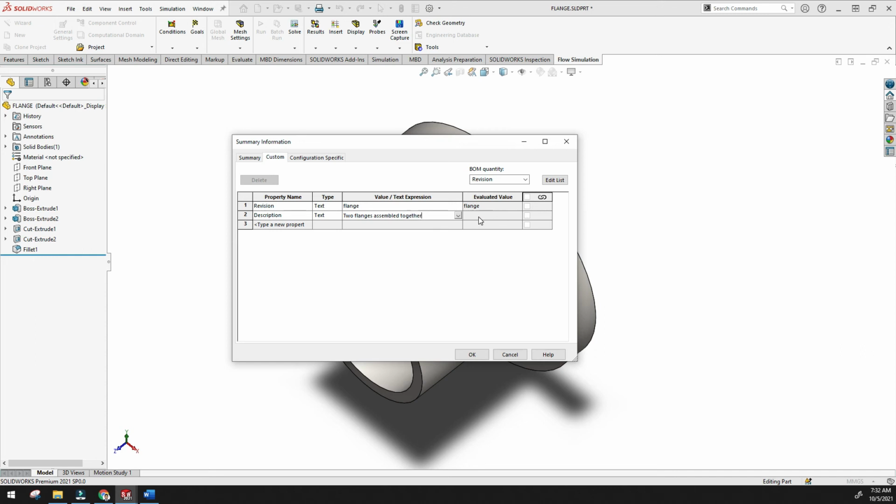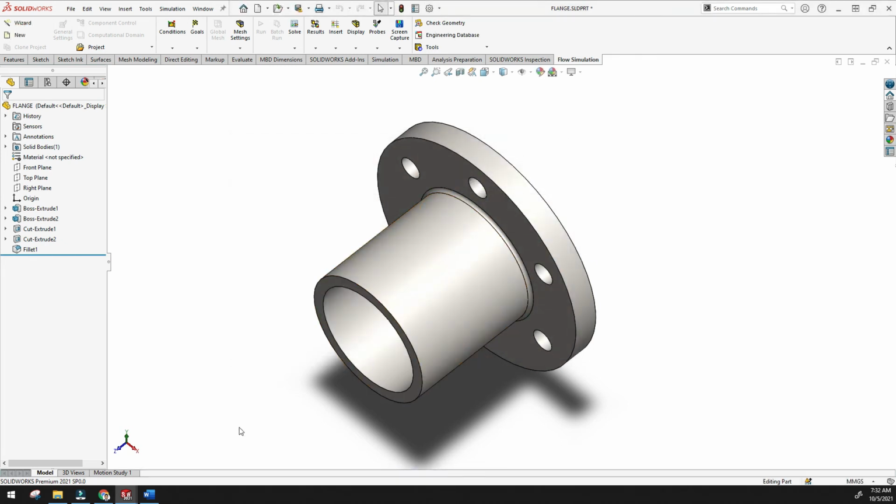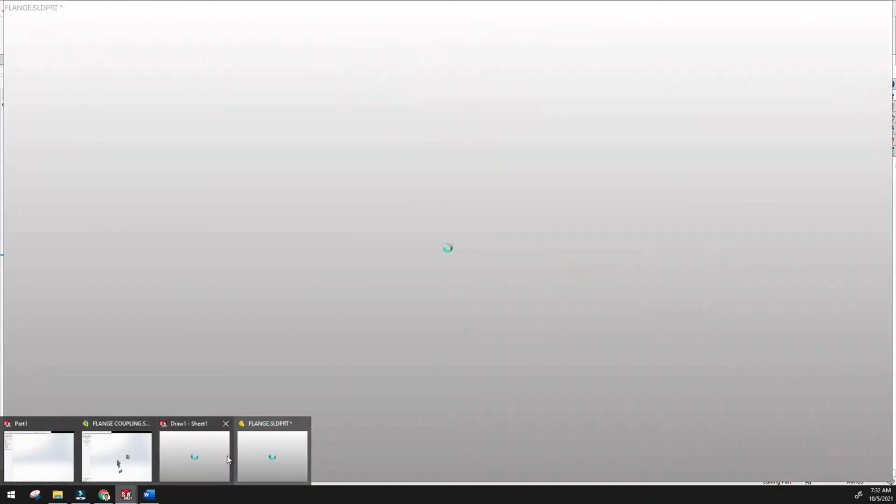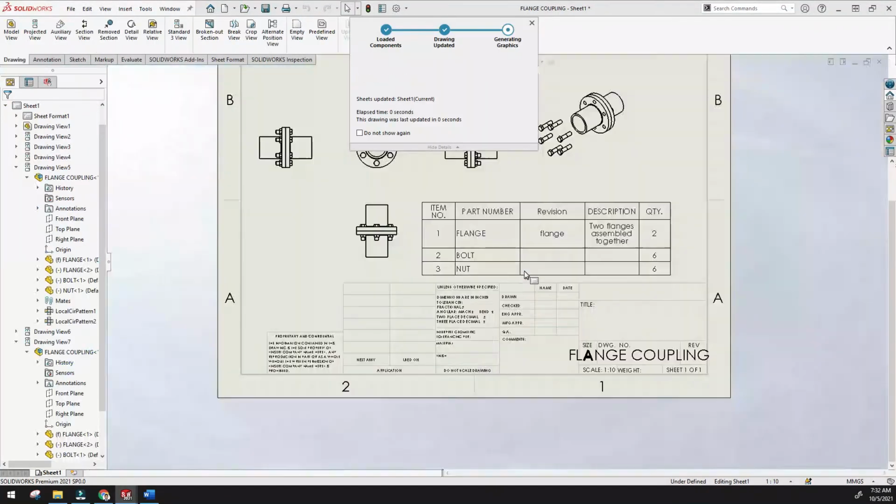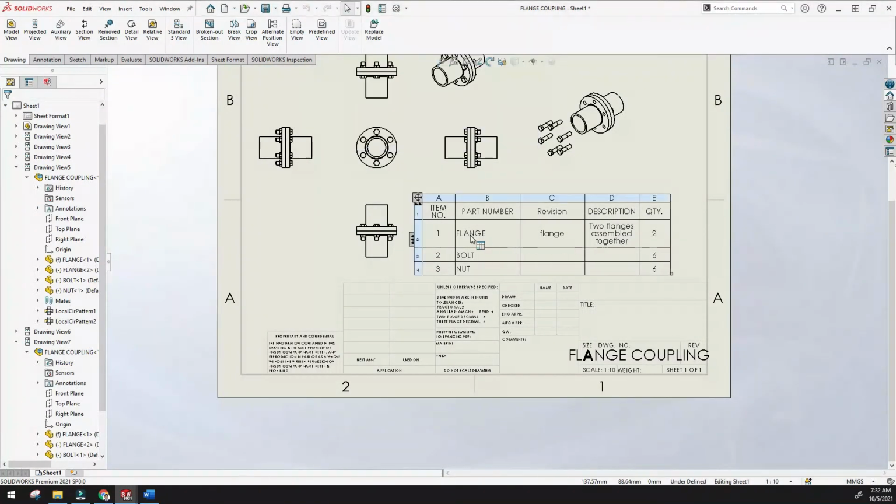Then you just click the description and okay, and go back to the drawing. And here you can see in the flange part, I have added the description, 2 flanges assembled together. So this is the way to add the description, revisions, anything you want to add.